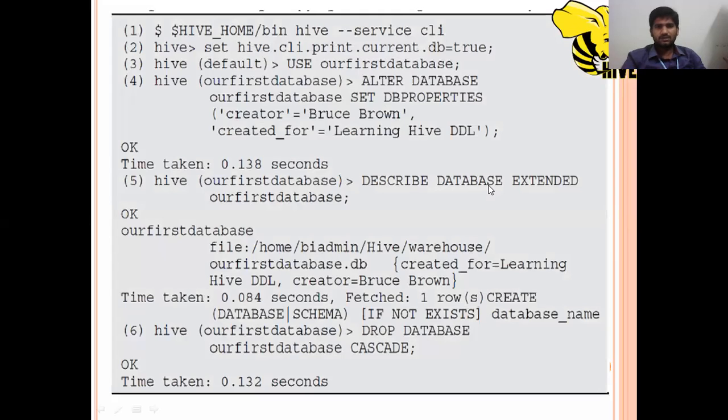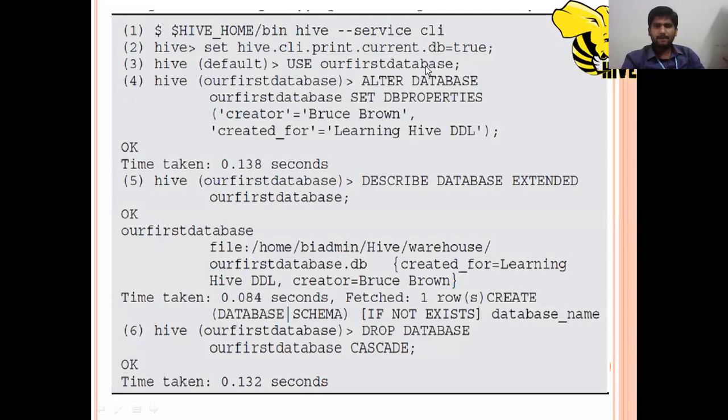Here we are going to create a database, and through the database we are going to create one table, with three or four columns. See here, first we create a database named first database. Whenever we use the use command, Hive enters into our first database.